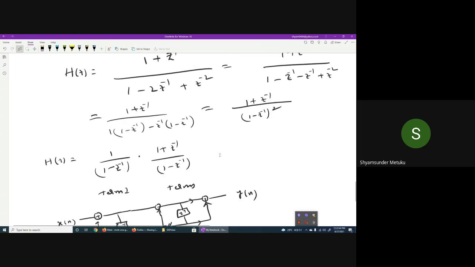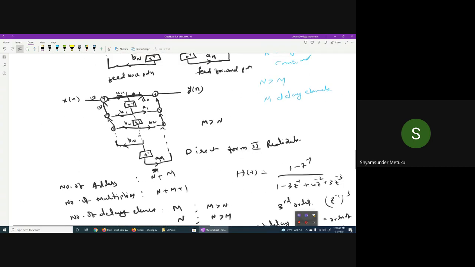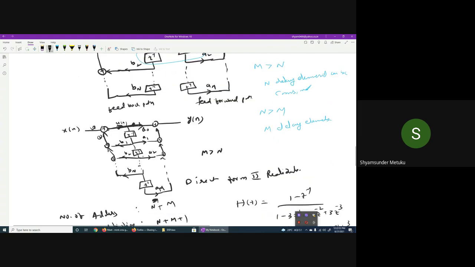Now let us go back to our analysis here. For the given expression, H of z is equal to summation of a_k z power minus k divided by 1 minus summation of b_k z power minus k, isn't it? This is the actual H of z we started with yesterday. Agreed or not? Yes, sir. Now here you can see if you expand the denominator, b1, b2, b3 all will have the